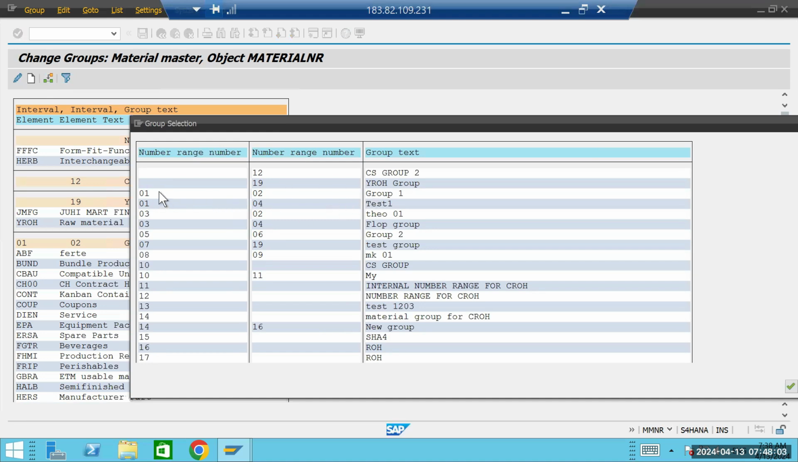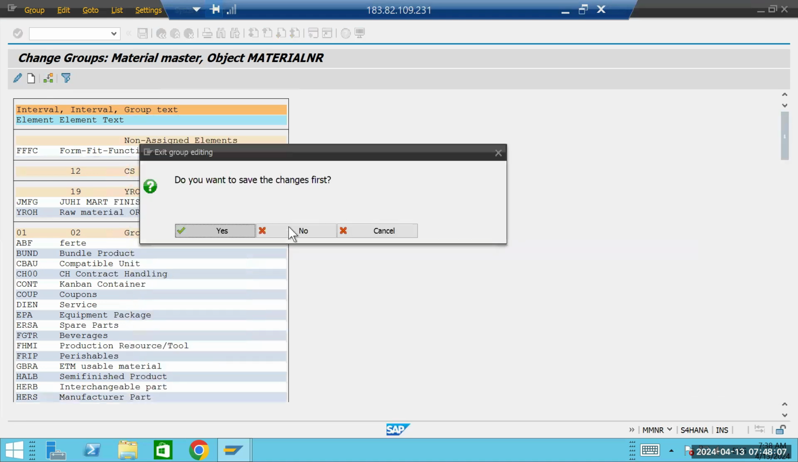Okay, this one. Let's say I'll be double clicking on this one. When I double click on this one, you can see this material type which was here, like,